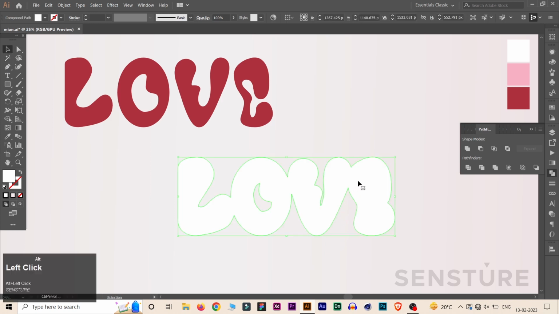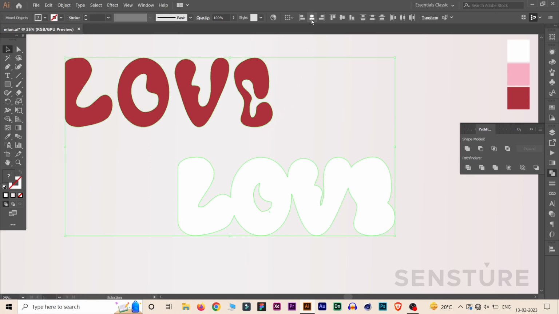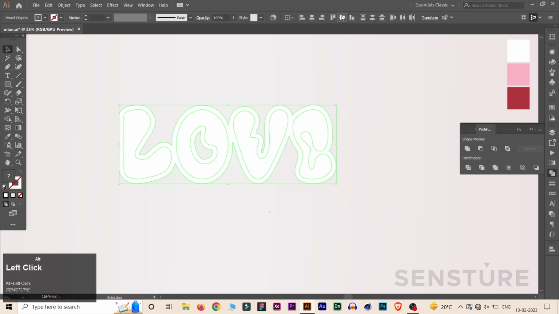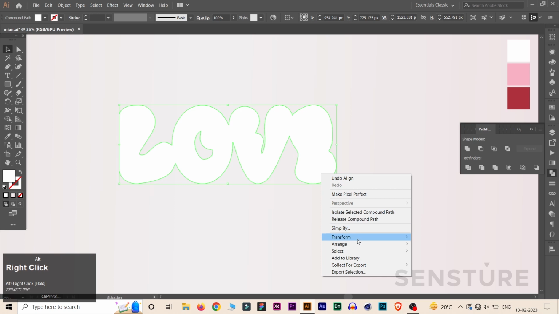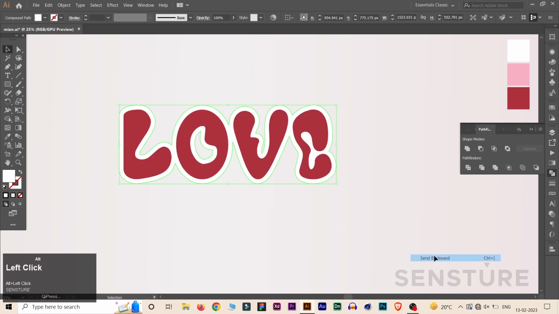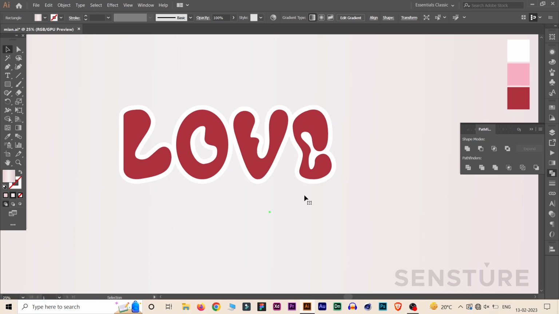Now select both the designs by holding Shift key and align them horizontally and vertically. Select this white shape and right click on it and send to backward. Select everything